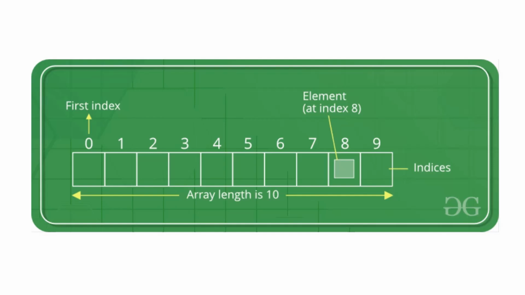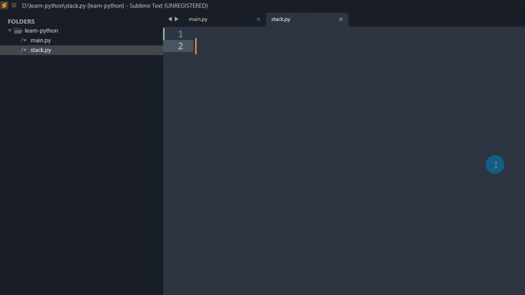Please note that. Now, coming to the implementation part, we have created a new file, called it stack.py. So the operations we are going to implement here are push and pop. Along with push and pop, we also need some other operations. If the stack is empty, you cannot pop any element from the stack. You should return some error or you should return nothing. Similarly, if the stack is full, you cannot add a new element onto the stack.